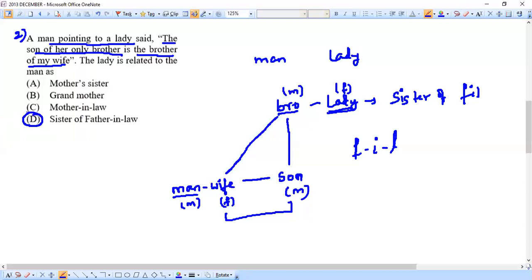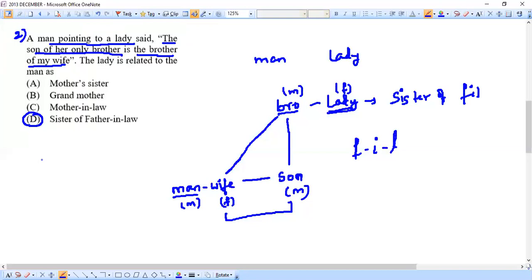A good blood relation question, but it involves this kind of decoding actually, right? We should carefully make those branches, I mean make those connections, that would only help us to get the answer. And whenever this kind of dialogue question comes, I mean one person pointing to the other, making a statement, these kind of questions are very popular, very famous in the blood relation concept. Do practice these kind of questions also, and remember these two key things.